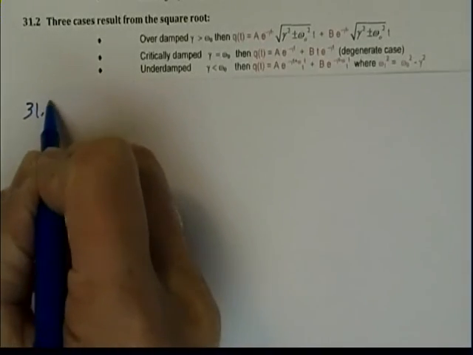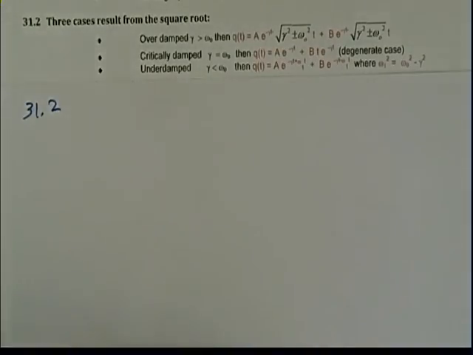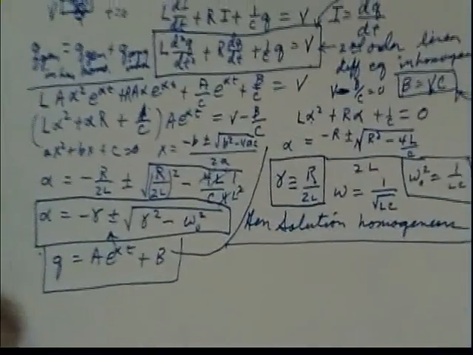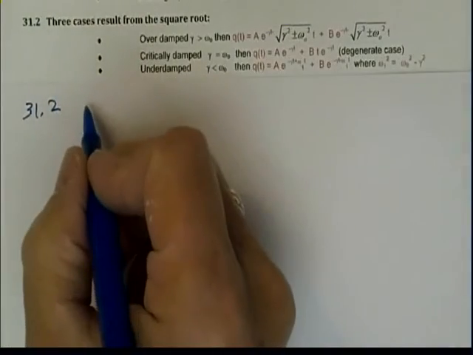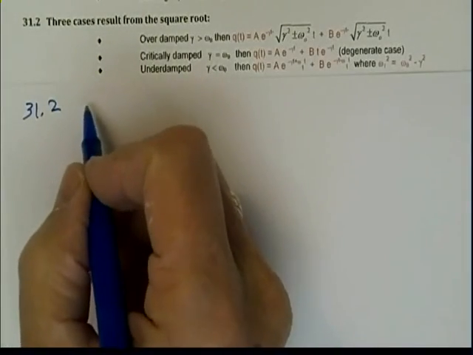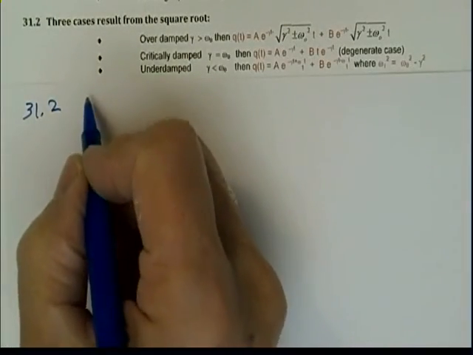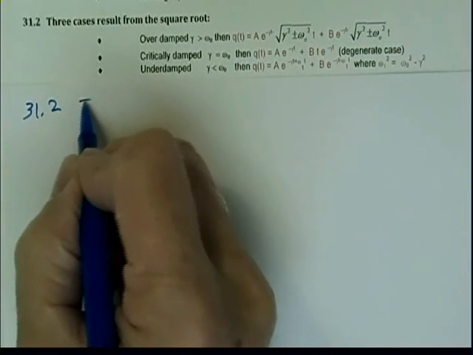Okay, our next section is 31.2. And for this section, we need to remember certain things, and I'm going to write them down from this other page so we have them here at the top of the page. We found that we tried